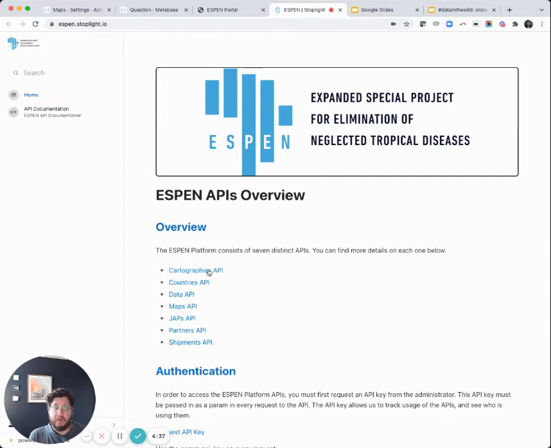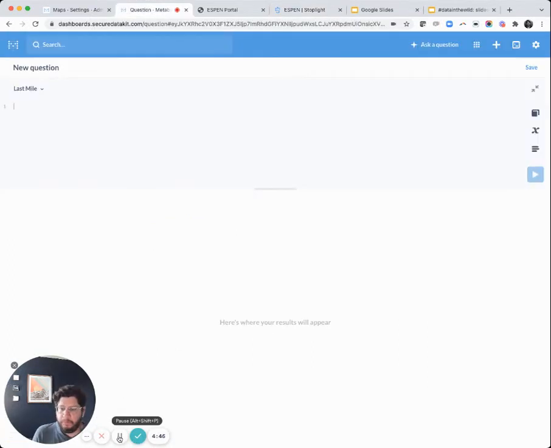And I'm going to actually demonstrate how we use it for a project kind of unrelated to ASPEN, but we're using the ASPEN infrastructure. So meet me at Metabase. Okay, we're in Metabase, which is our analytics tool that we've talked all the time about. We have a crush on Metabase. I'm not going to lie with you.